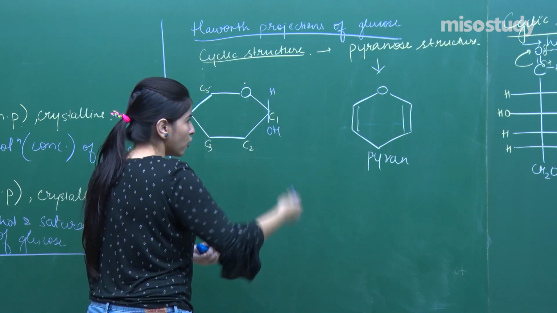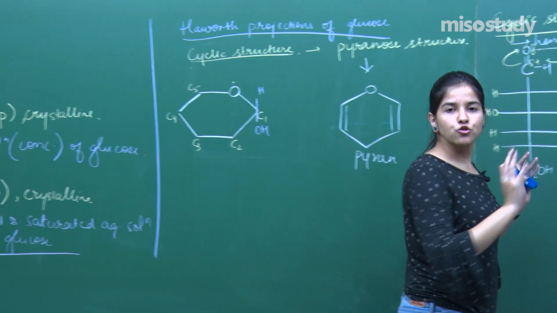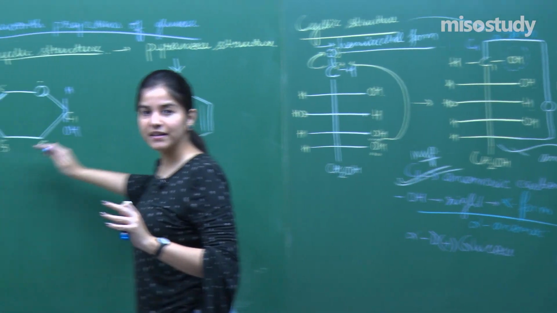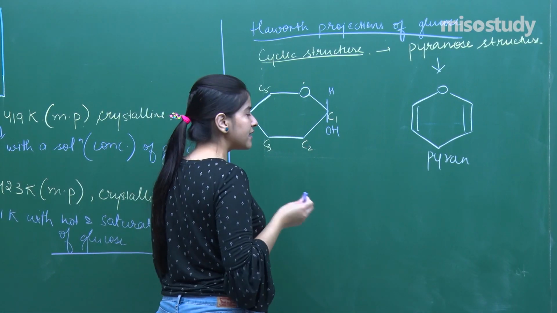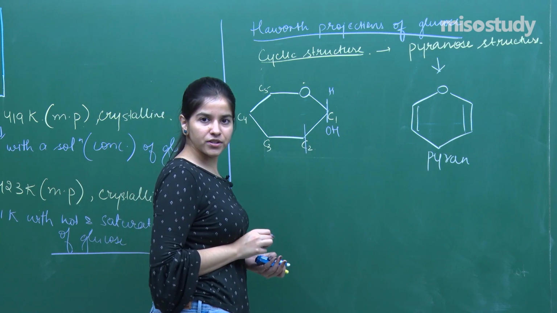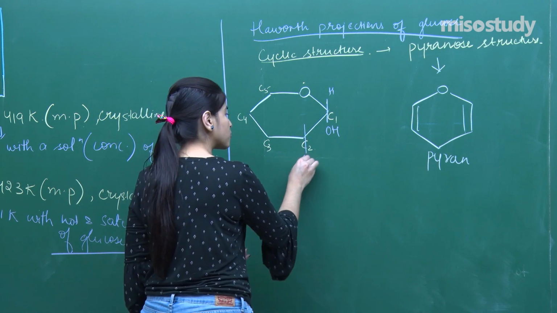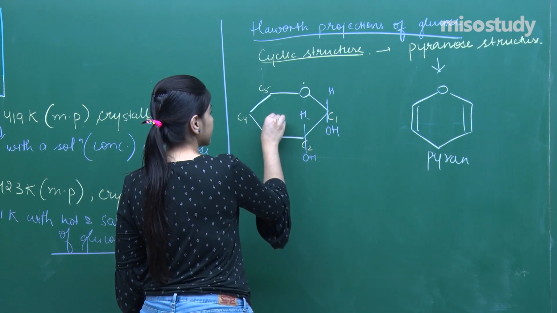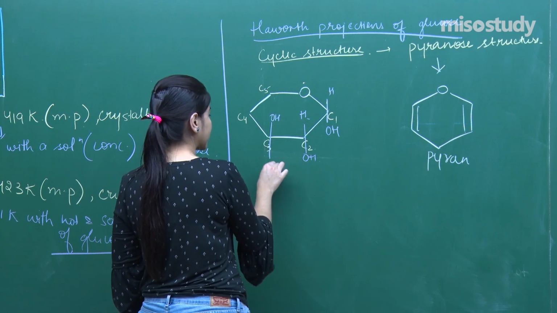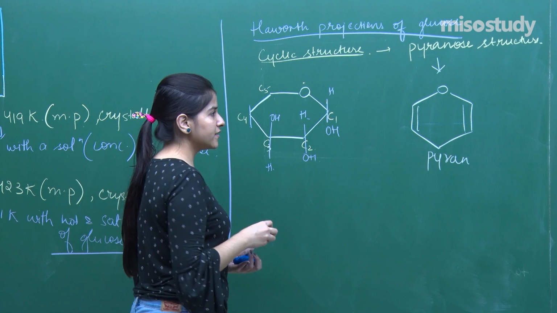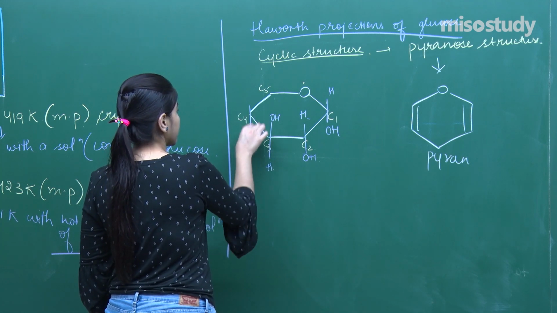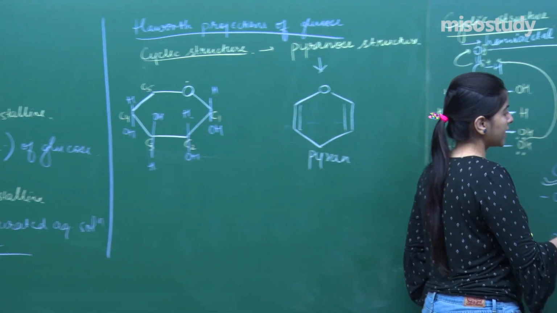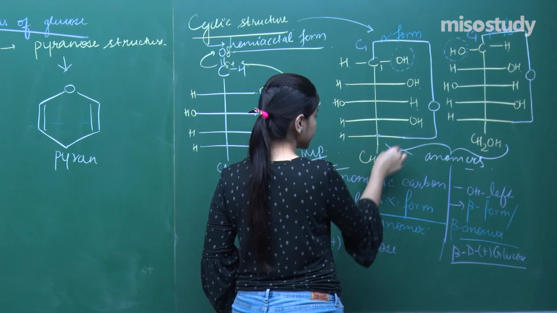Always remember the OH groups which are represented on the right-hand side; whenever they are represented in a ring, they go below, right? Next, there is another OH which is again on the right-hand side, so I'll depict it again below. Next, another one is opposite to it like that. Next, another one is again below, right?